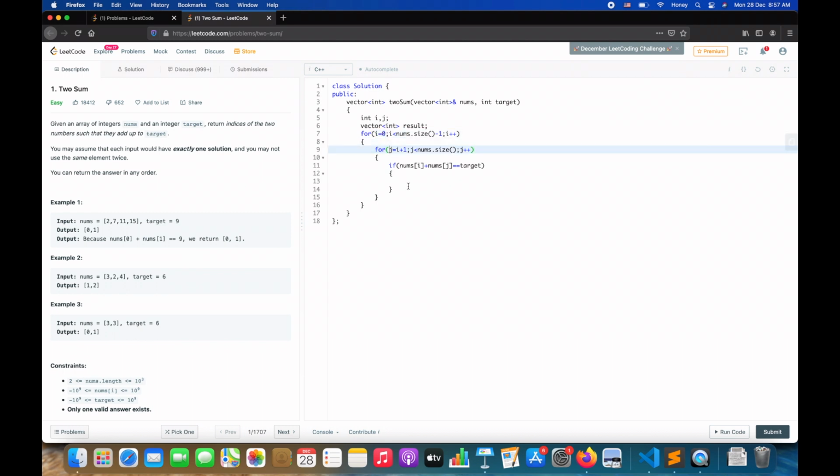So we will do result.push_back(i), result.push_back(j). What this will do is push back i and j into the result vector. And return result. Let's run our code.